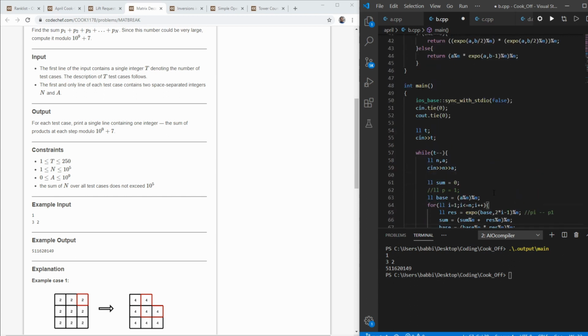So it is the complete solution of the matrix decomposition problem, and I hope that you guys have understood it,